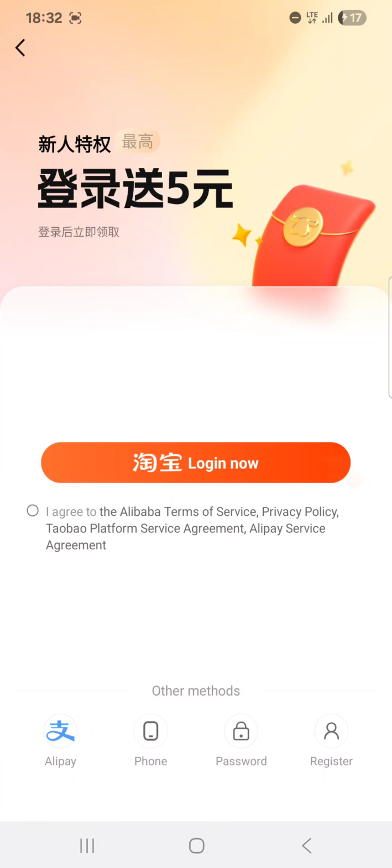The first method, which is the easiest means of logging in, is through your Alipay, right? We have the Alipay here, that's the Alipay icon. The phone option is through your phone number and then your password. Maybe you want to log in with a password, maybe you have earlier registered, and also if you want to register with your phone number or your Gmail on its own, this is where you go to. But the easiest way to log in is through